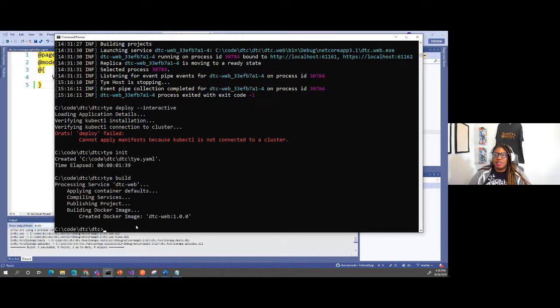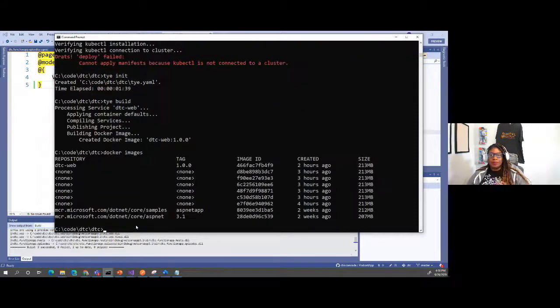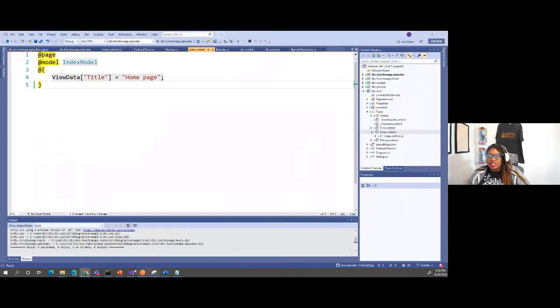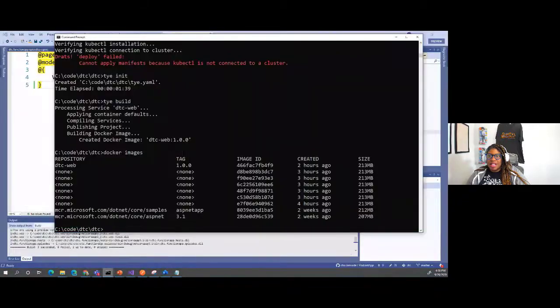So actually, I could run Docker images here. And then you can see, here's a couple of the images that just got deployed. Well, I had it already set up, but here's the image that got created and installed into Docker. Okay, awesome. So next, now that I've got my Docker image built,